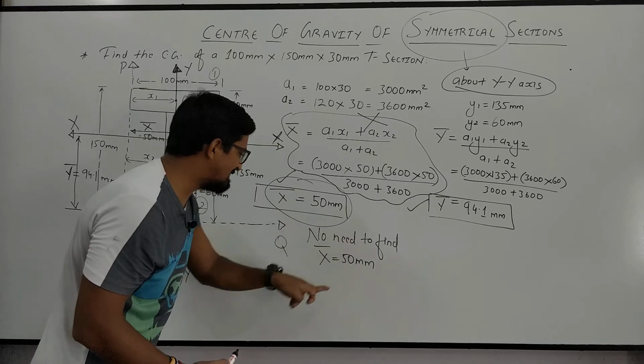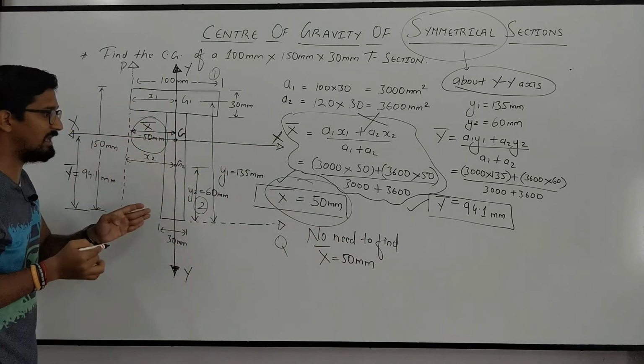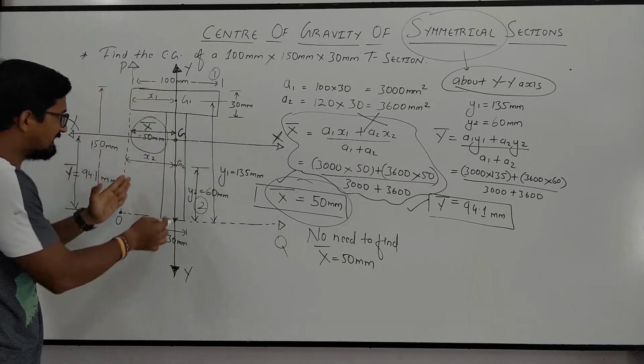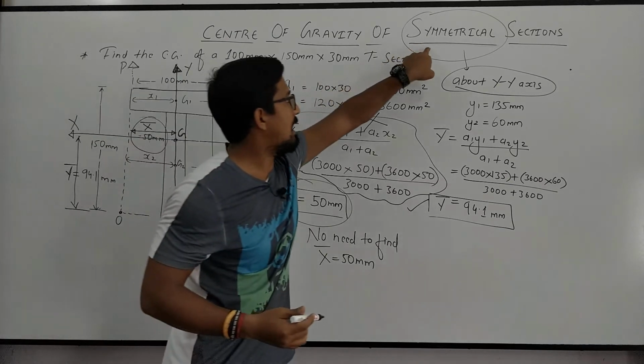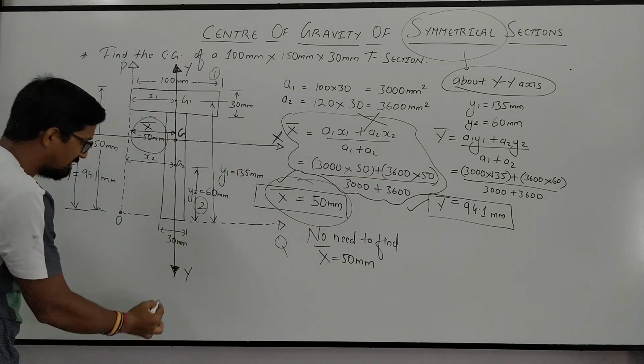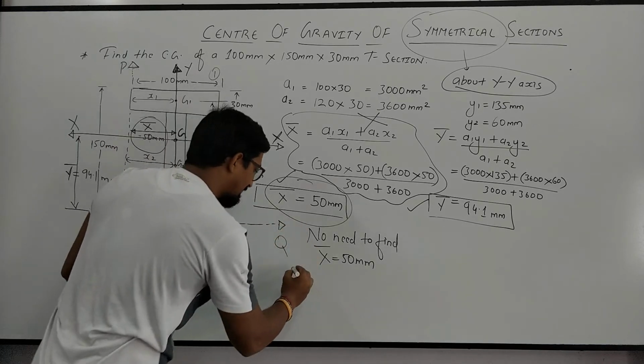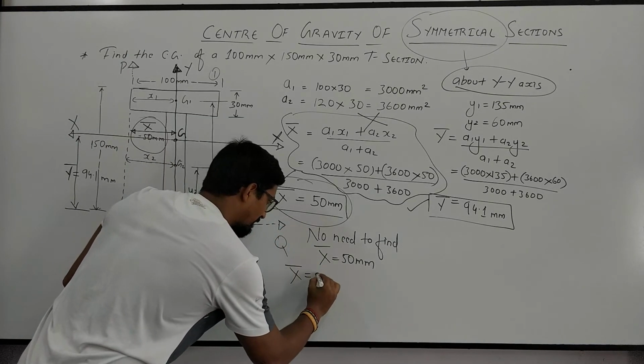No need to find x bar equal to 50 mm. This 50 mm which we got, you can skip it. Why? Because this figure is symmetrical about the y axis. Symmetrical means you can directly draw the y axis from the center, and directly you can write x bar is equal to 50 mm